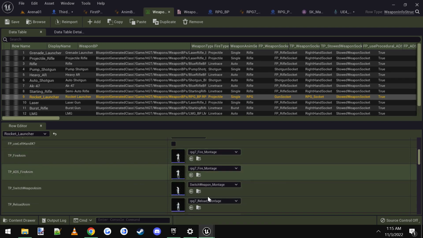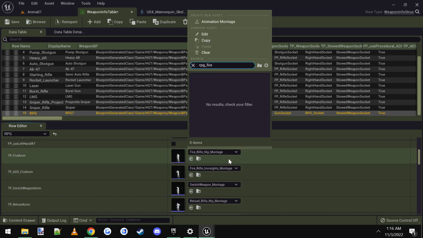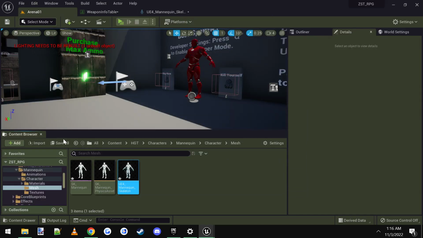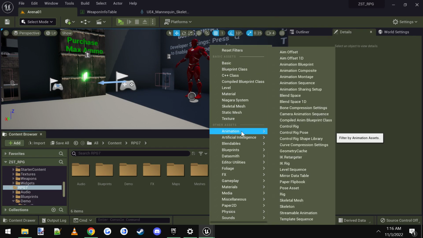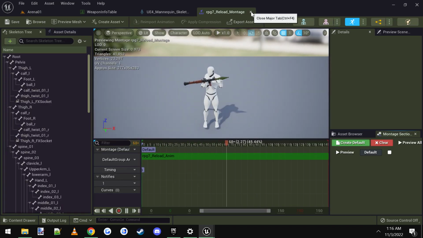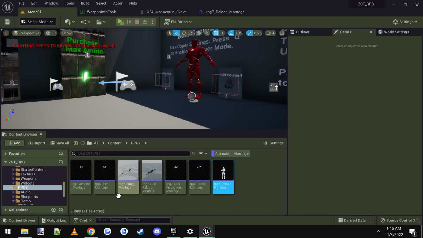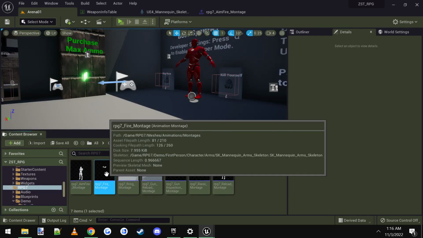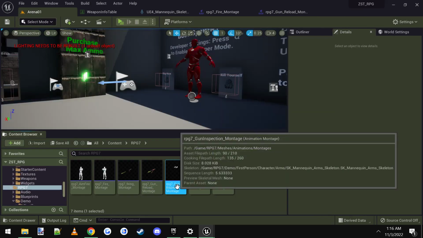So we want RPG fire montage. So that'll be RPG fire, but I don't think I have those. Sometimes when you delete the skeleton, it doesn't let you pick until you go and actually open them, because it likes to be a pain. So let's just go ahead and open up animation montages here. See if it'll let me scroll through these things. I think you just have to open them one by one to let you refresh them. So it's a little annoying, but